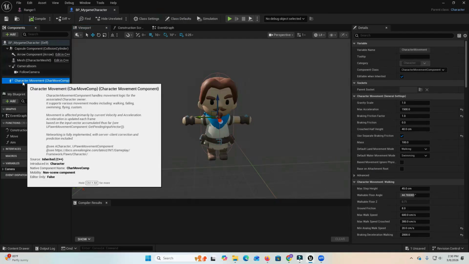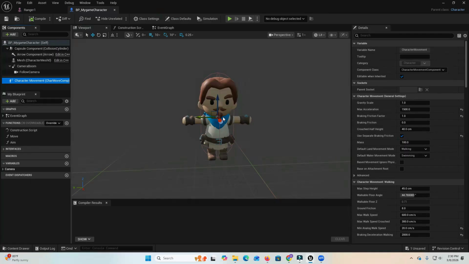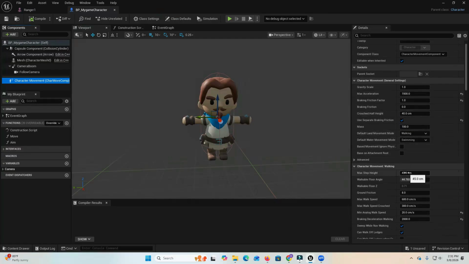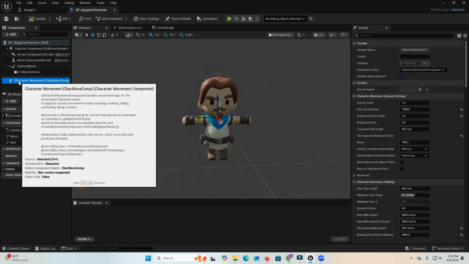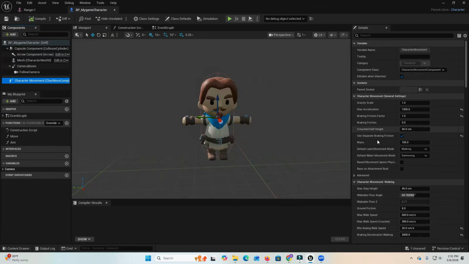Let's go to here, the character movement. Now this character movement controls all the movement for the character. So we can see the maximum acceleration, the crouch height. We can see the character walkable floor angle. We can see the max walk speed. So that determines the speed the character moves at, etc. So you can control all the movements of the character by going to here and adjusting these settings in the